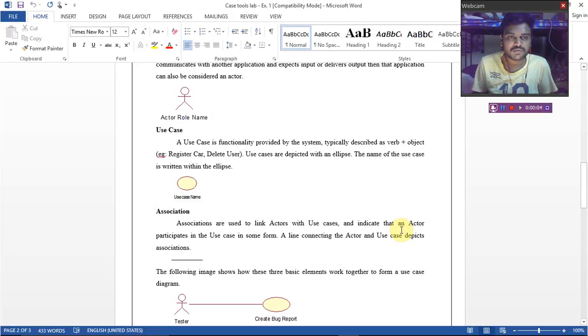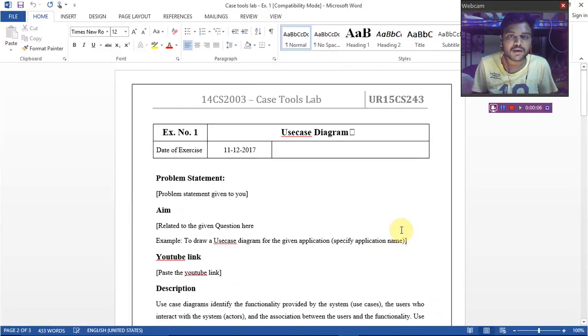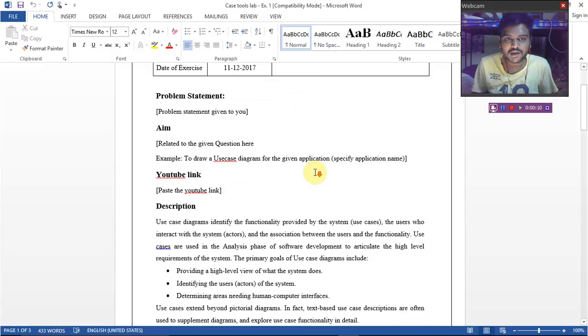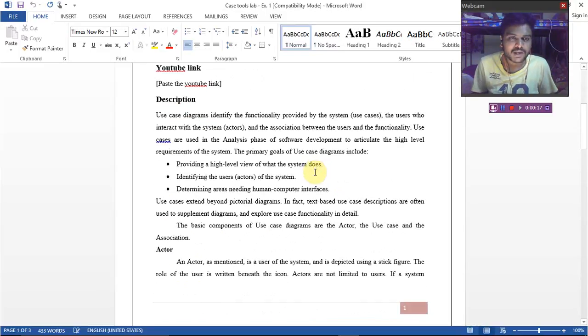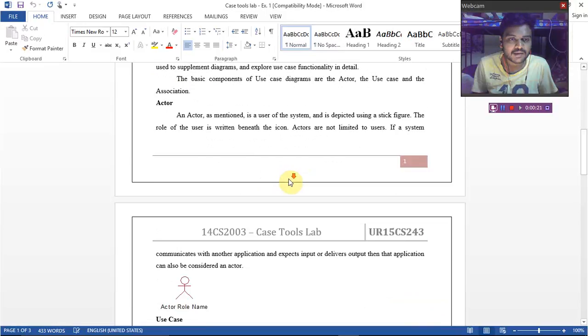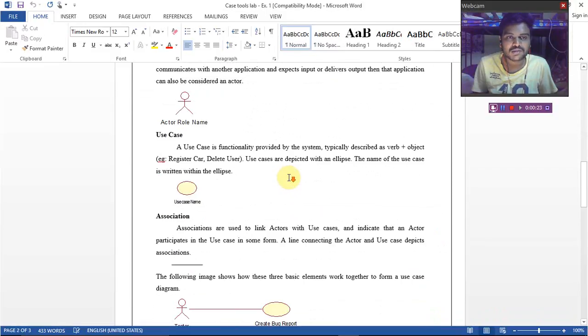This is my first lab experiment, use case lab. The title of the experiment is designing a use case diagram for the given scenario, and the given scenario to me is cab booking system. So the main things in a use case diagram are actors, functionalities, use cases, and associations to